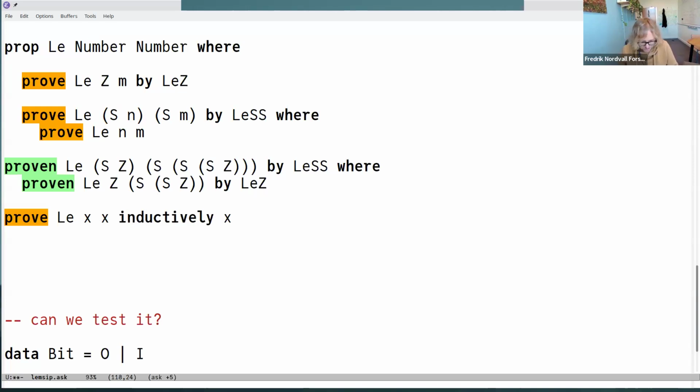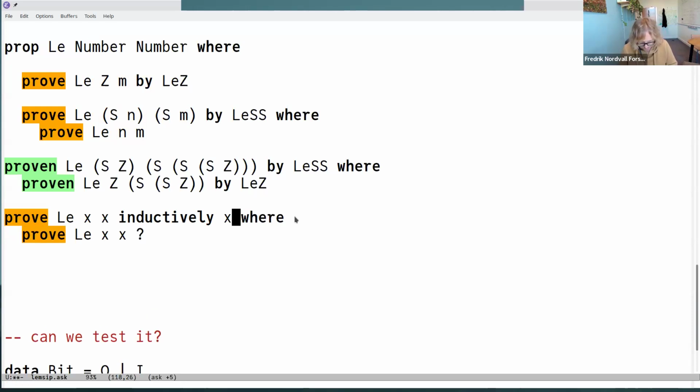Right, so in the 0 case, I'm going to be happy and be done, right? But in the successor case, I want to continue proving the same kind of thing. So I want to do this by induction on the x. Okay, and then my goal stays the same, but now I know that I can make use of the same fact on smaller x's, right? So at the moment, I don't know a smaller x, but let's see.